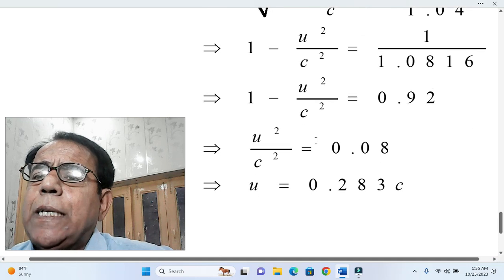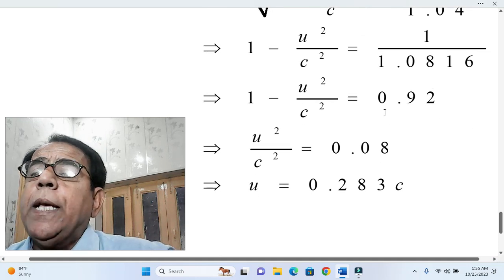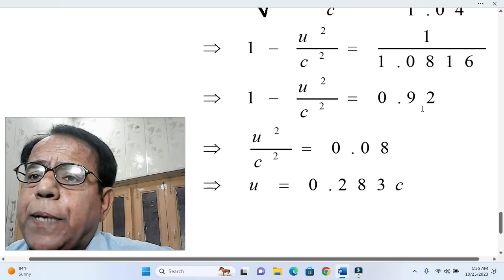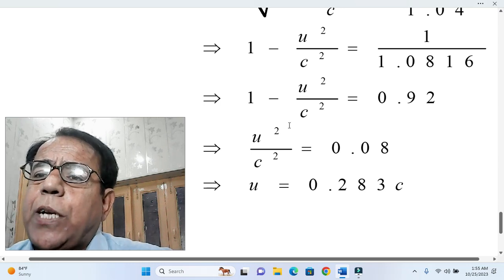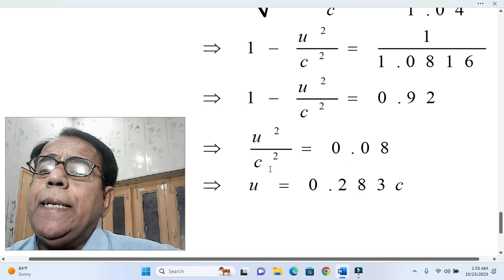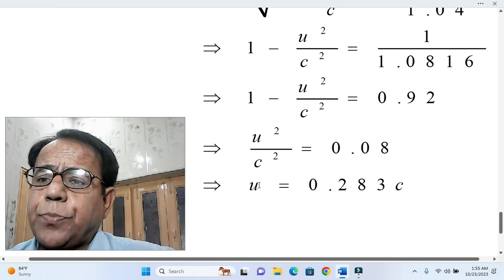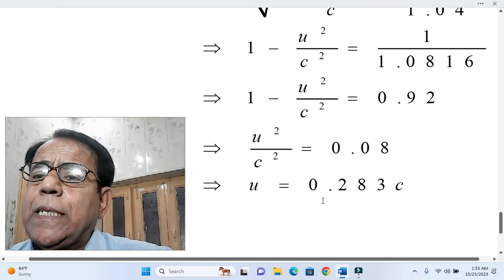This implies that if we shift u square over c square to the other side of equality, then 0.92 will be subtracted from 1, and hence u square over c square will become equal to 0.08. In the next step we will take the square root on both sides, and hence u over c will become equal to